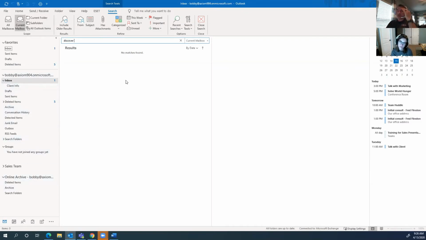Now, I know some of you might go, well, what if I do want to do a search on that? That's where you flip it and you say all mailboxes. When you do that, it will actually search not only this mailbox, but this mailbox. So that helps make your searches become way more efficient. So it's kind of a 1-2 punch.